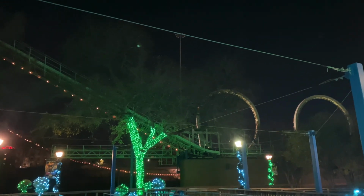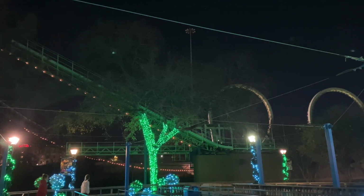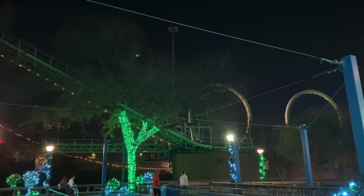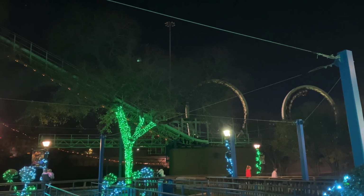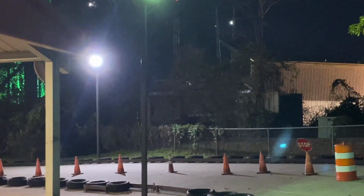But anyways, with this said, we get to the area of Shockwave, which will finally get some love and attract people to go into this area of the park, because right now there's nothing in that area other than Shockwave and the go-karts. And with the go-karts being an upcharge, Shockwave is the only one that attracts people into this area. So my theory is that the tower section and the area of Shockwave will get rethemed and refurbished for 2022,